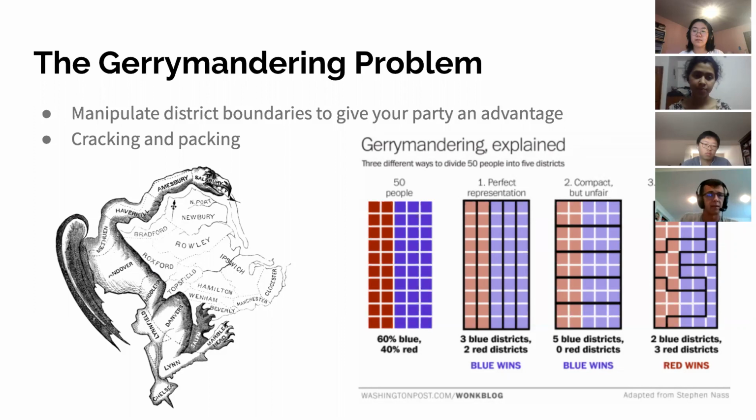This is pretty well depicted in this diagram over here, which we grabbed from the Washington Post. As you can see, we have a hypothetical state with 60% blue voters and 40% red voters, and three different ways of proportioning it out. Number one is perfect representation, where you have 5 districts, 3 are blue, 2 are red, and the outcome is proportional. Number 2 demonstrates a compact but unfair gerrymander, where the red voters are cracked into 5 different districts